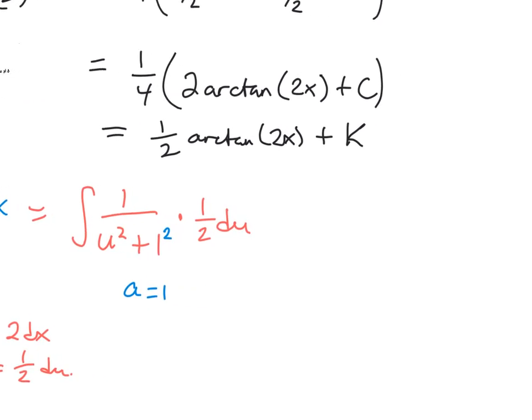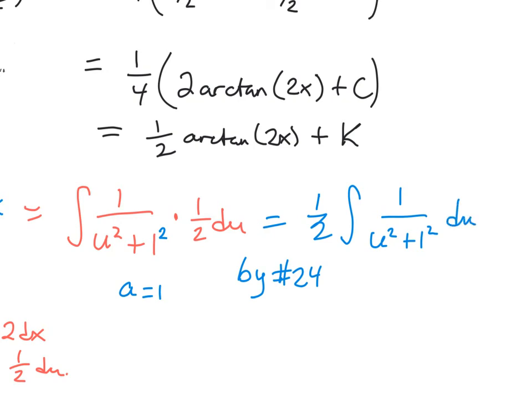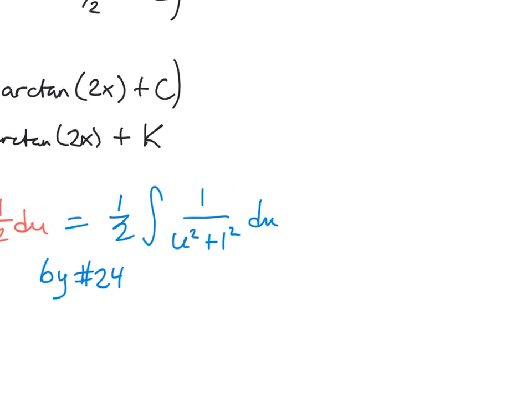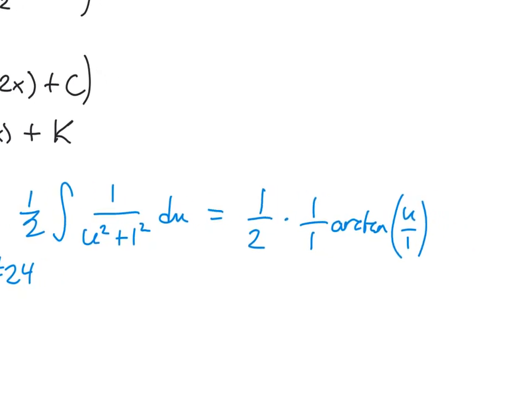And then I can say that this is equal to, by number 24, 1/2, just moving that out, times the integral of 1 over u squared plus 1 squared du, and that is 1/2 times 1 over a, which is 1, arctan of u over 1, plus c,